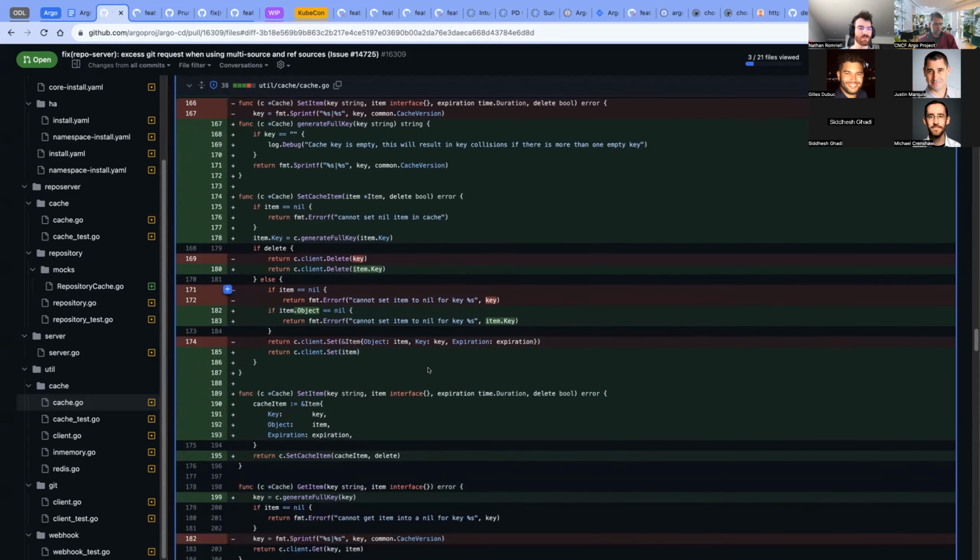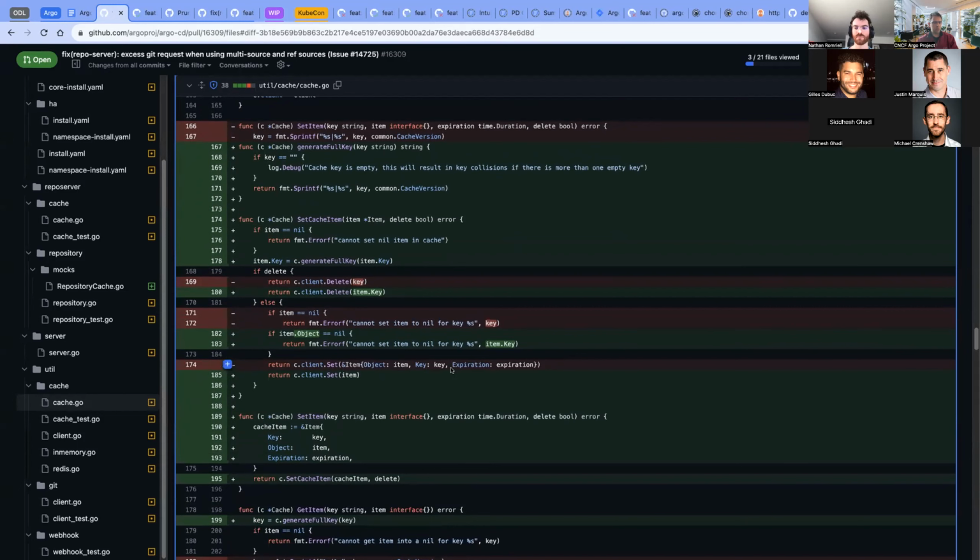Util cache will delegate to the cache client, which in our case is Redis. So is your intention to have this cache persisted in Redis? Yeah, so it just uses the same key that the revisions would be using initially. So it checks whether it is a lock, and then if it isn't and we have a hit, then it just returns that because that's valid data. So that's kind of the fix there.